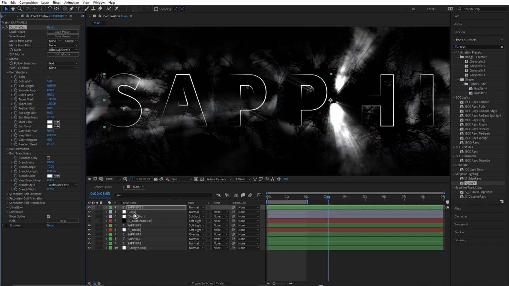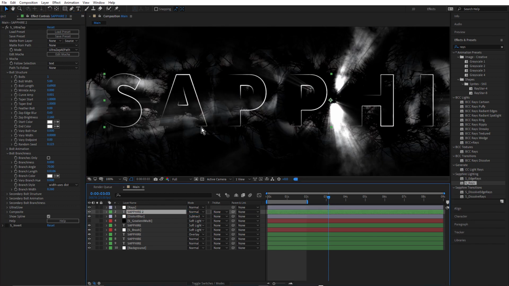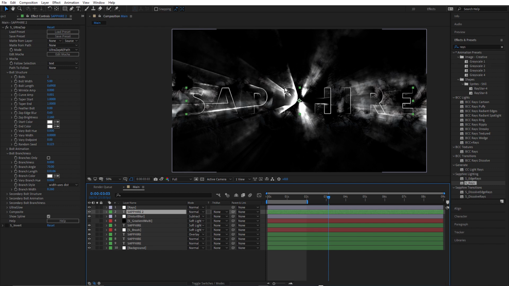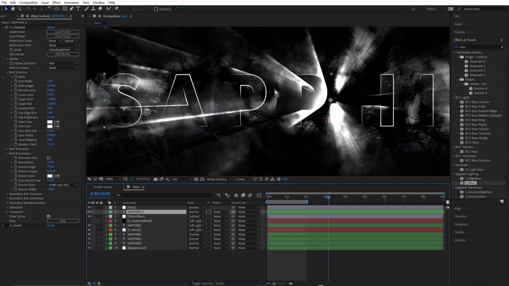It's obviously standing out way too much. Let's bring that below rays. The rays are really going to react to that white text, and we don't want to get this looking too cliched. You might like that look, but it's a little too much for me. Let's see. Bring that back up above rays.